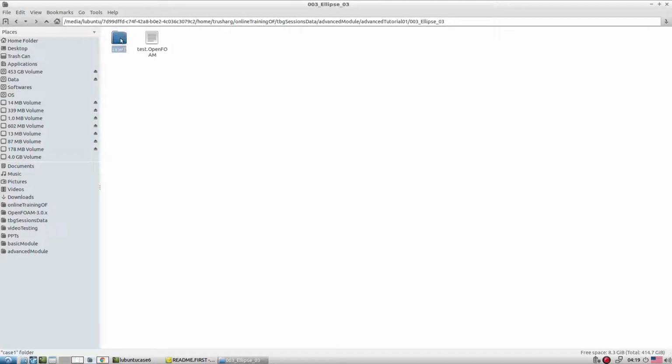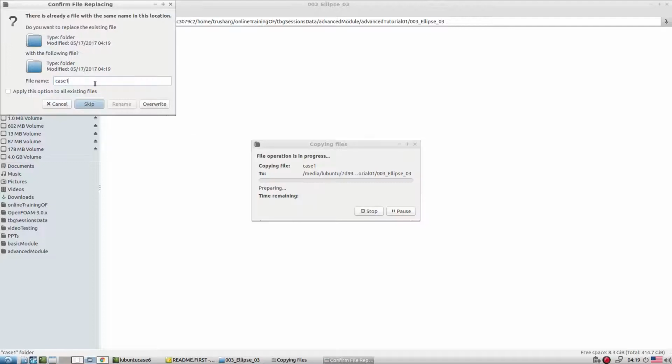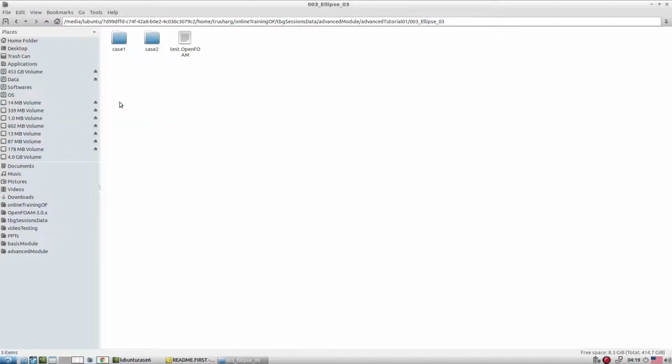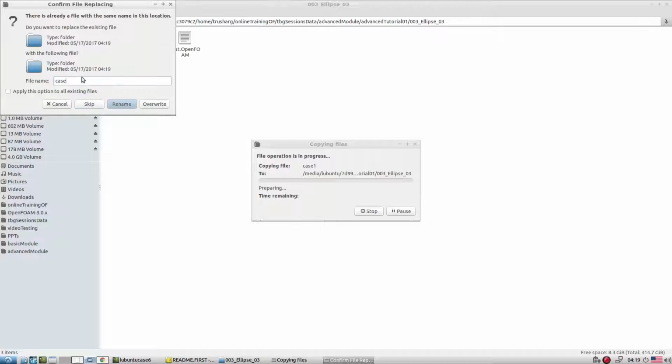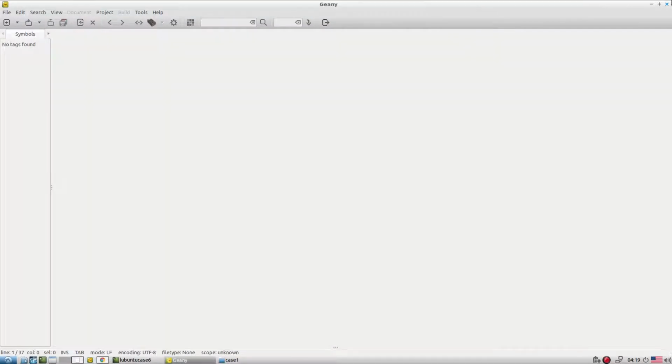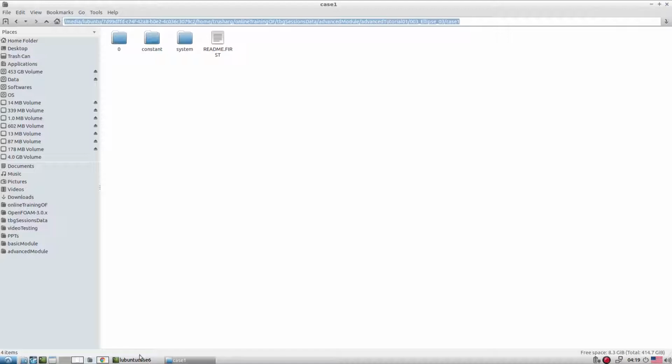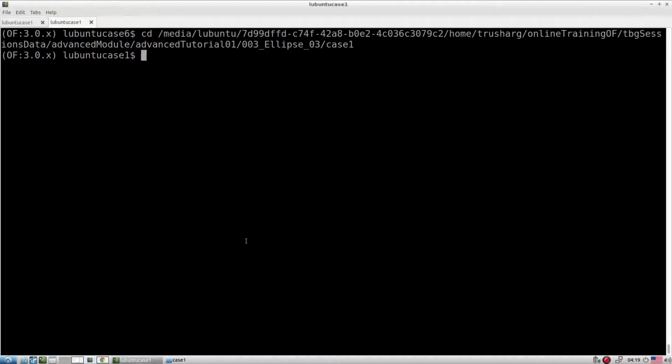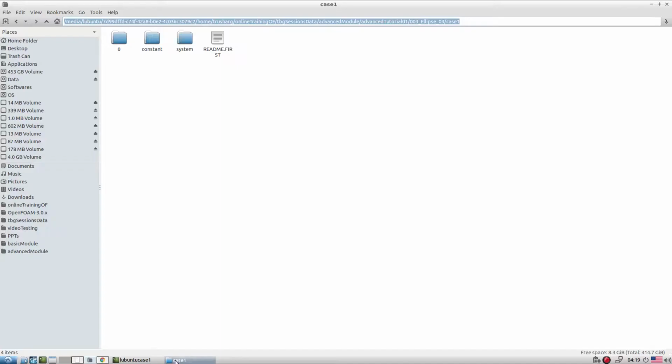Then case 2. Case 4. Okay, so let's start with case number 1. So here we try to explore how to define the boundary layer type of mesh.